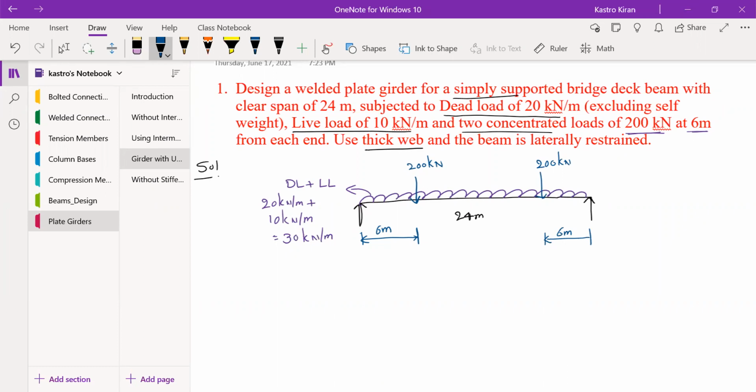In the previous problems, we had only the uniformly distributed load, and hence it was easy to find the maximum bending moment and maximum shear forces. Now here you have a combination of loads, so finding the maximum bending moment and the maximum shear forces goes in a slightly more complex way. However, we can simplify that into the smallest possible number, and then we are going to design the section. I hope the loading conditions are clear for all of you.